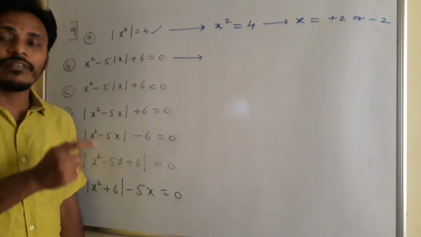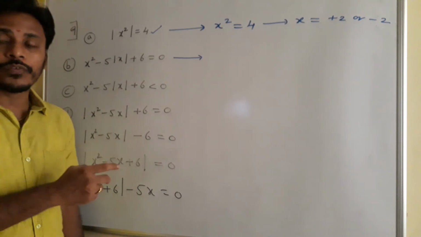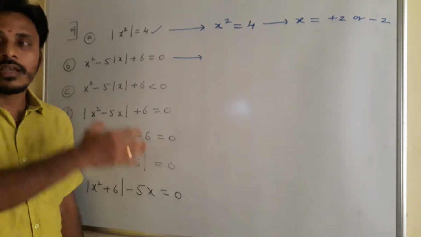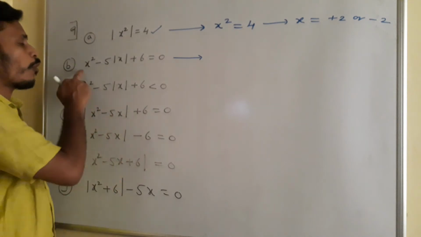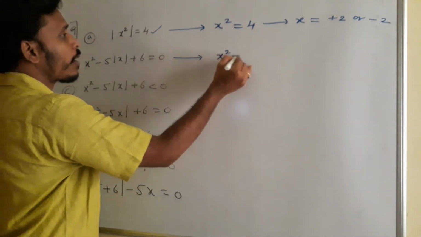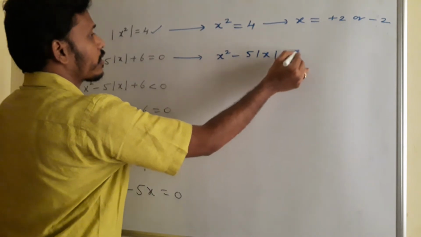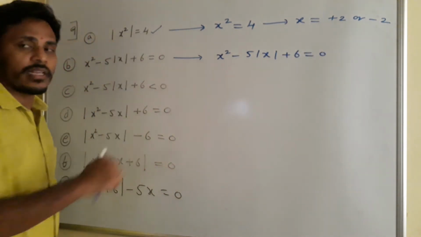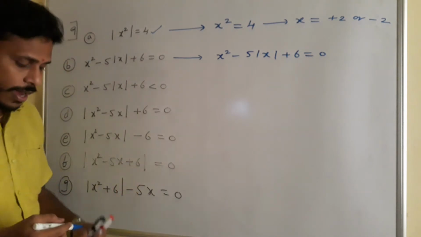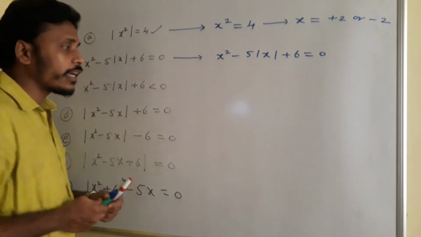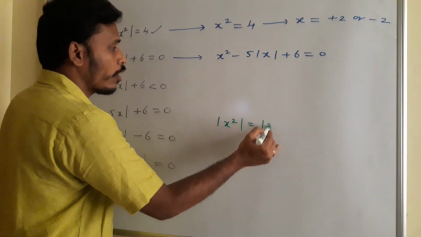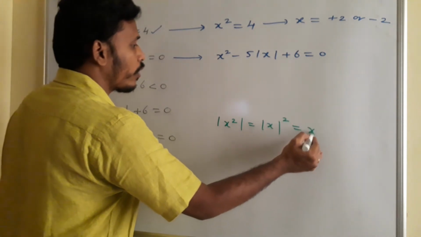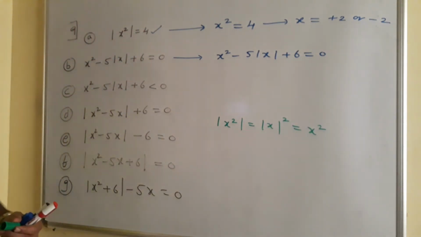But I am going in another approach. See, one way of solving the problem is solving in two cases, x positive case and x negative case. And in the other way, what I do is just look at the problem. This is x square minus 5 mod x plus 6 is equal to 0. And think about this x square. We have a chance. Already I mentioned to you, in some other point, related to that x square along with the modulus: modulus of x square is equal to mod x whole square is equal to x square. All these three things are equal. Already I mentioned it, okay? And now just utilize it.